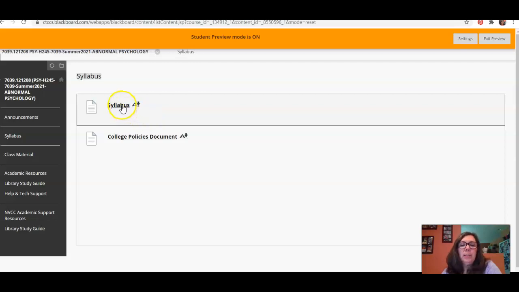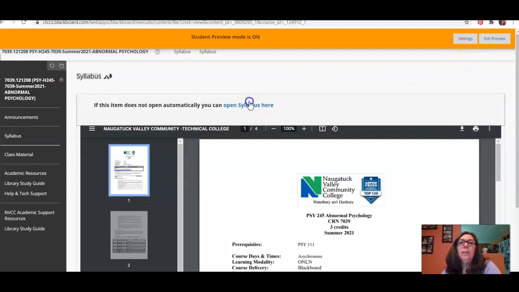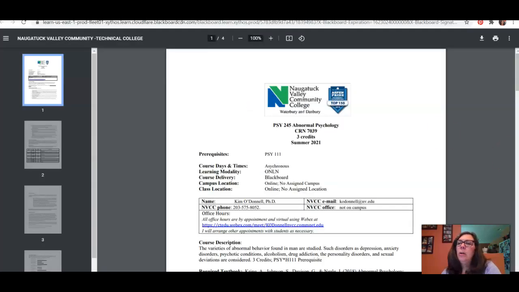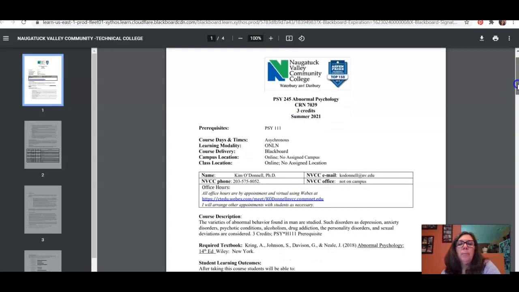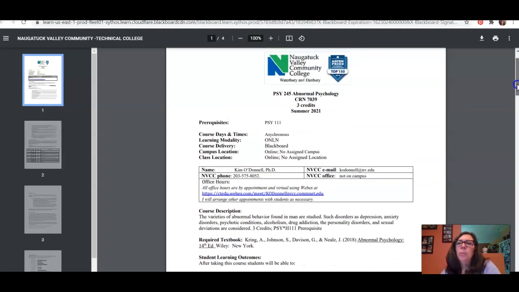But we're going to look at the syllabus together. And I did send out a copy of this syllabus a few days ago. I have revised, made some edits to it. And so I'll point those out as we go as well, so that if you did print out a syllabus or download it before I made the edits, you can either just see what's different here or get yourself a new copy. Or both.